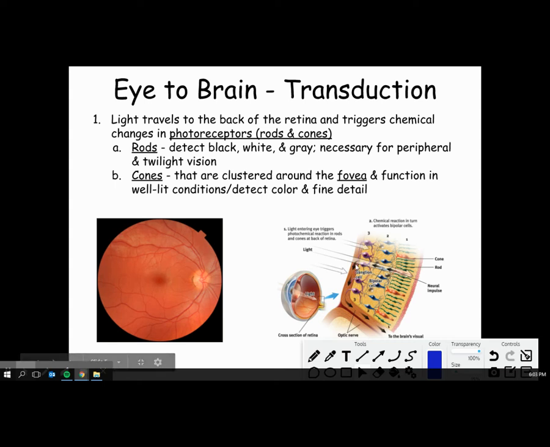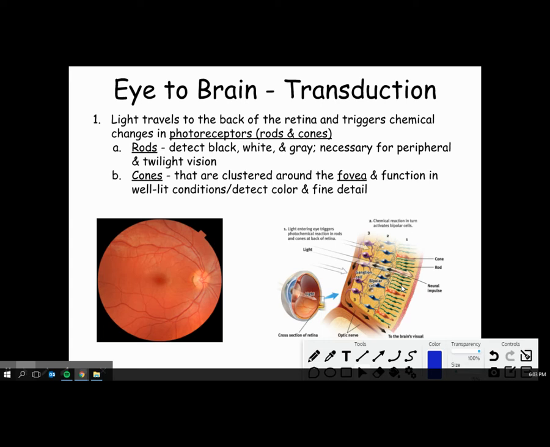So light travels from the retina all the way to the back here. I don't know why it's on the back and not on the front. All the way to the back right here. They have these two different kinds of photoreceptors. We have what are called rods. We have many more of them. Rods are the photoreceptors that are able to pick up black, white, and